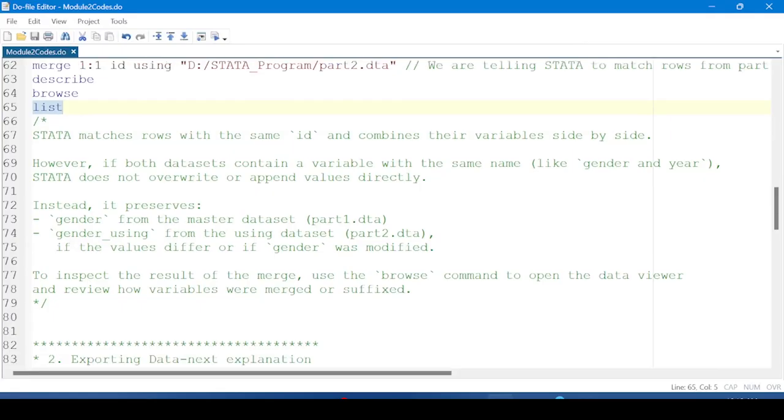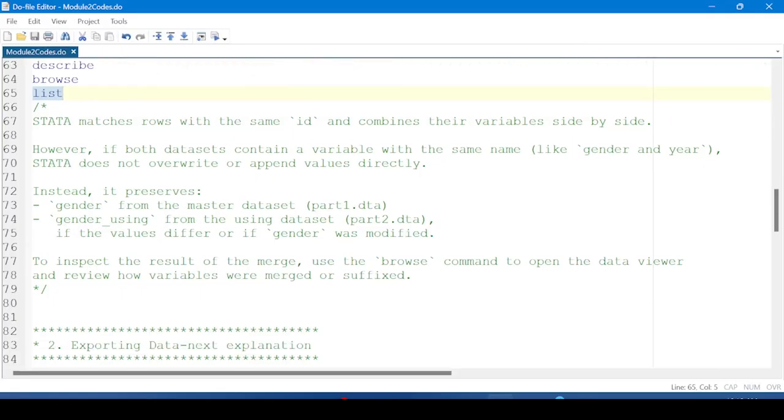And now let us try to go to the theory. STATA matches rows with the same ID and combines their variables side by side. However, if both datasets contain variables with the same name, like in this case we are comparing gender and year, which we modified, STATA does not overwrite or append values directly, but instead it will preserve gender from the master dataset. And in this case our master dataset was part1.dta,